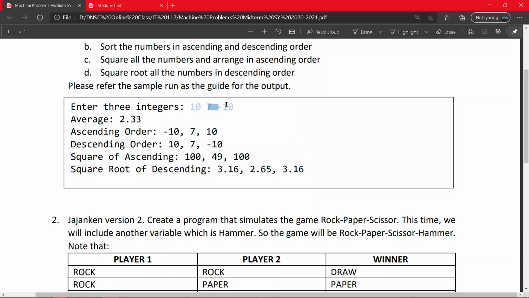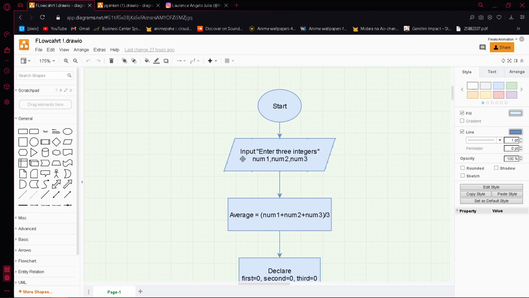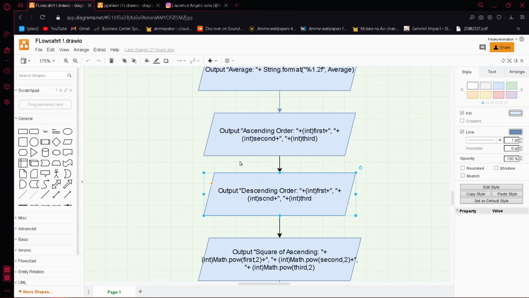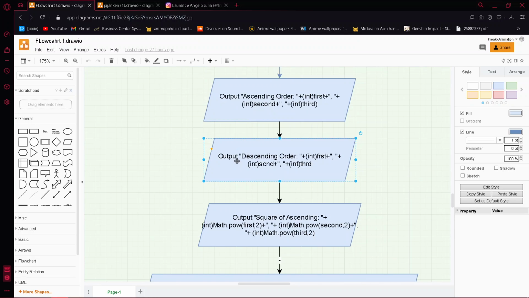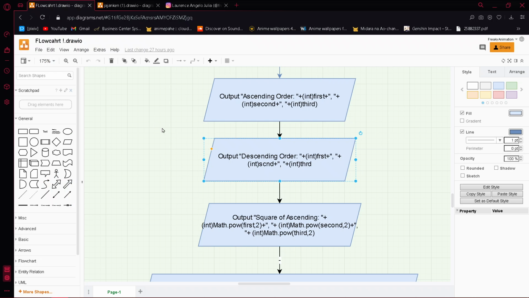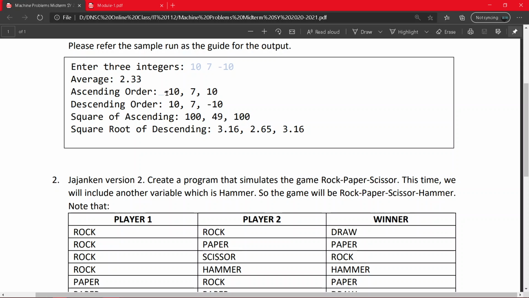The average of num1 plus num2 and num3 is also here, ascending order, which is also here of first, second, and third. Descending order, which is also here, square of ascending is also here.